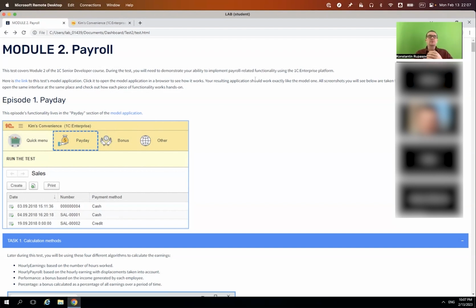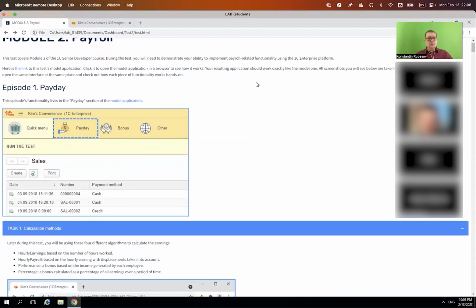So there are at least two different tasks. First, you need to figure out how much you need to pay everyone. And second, you need to figure out how much taxes you need to pay to your jurisdiction. Because as far as I know, the employer is always responsible for paying taxes for its employees, at least for those who are full-time employees of his. So let's see what business processes are here and how we approach their implementation.